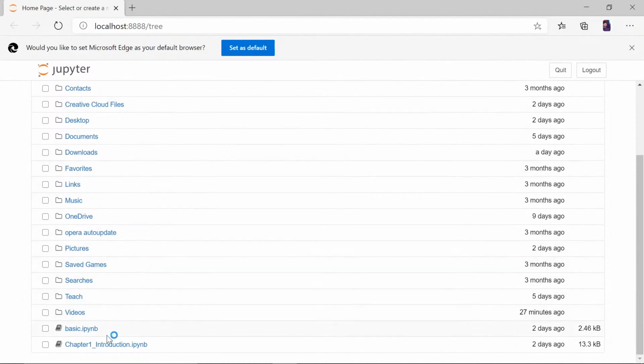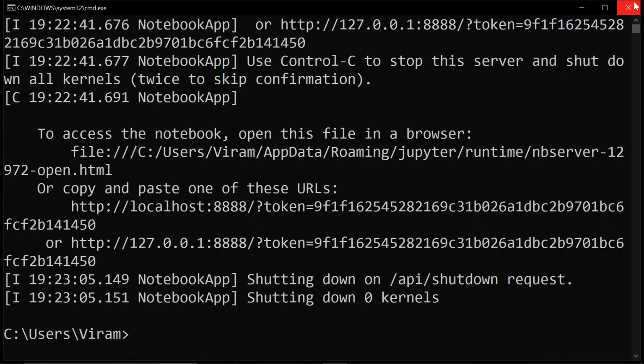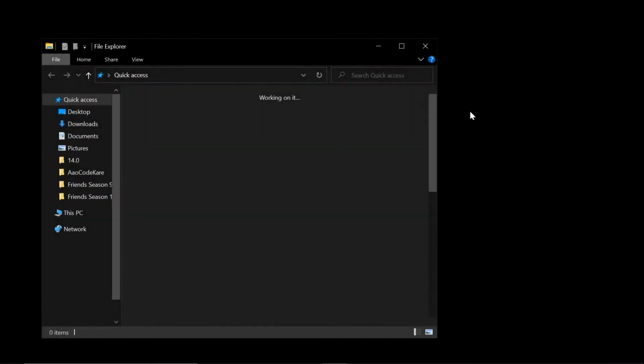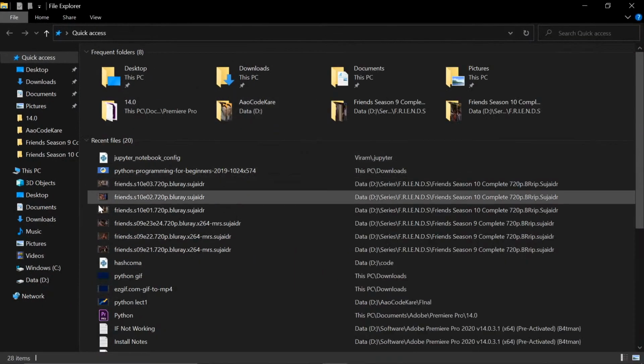So here you can see I have these two files, but I have a whole folder containing the actual files that I made in preparation for this work. So I'll quit it. I'll close this file. We'll close this, and then let's go to the folder where I actually saved the files.